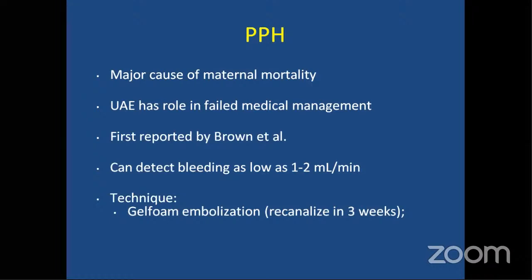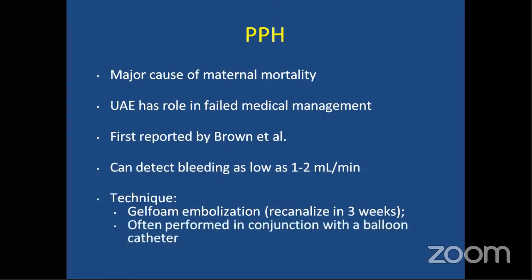So we typically do it with gel form particles. Gel form are not permanent embolizing agents. So they are temporary and they get resolved over 3 weeks. During that period, they provide a temporary occlusion of the uterine artery. So the advantage is that the uterus is preserved, the fertility is preserved, and it can treat the temporary situation